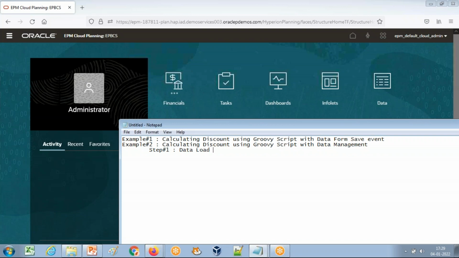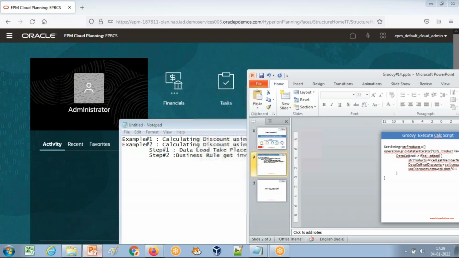Assume you're loading historical revenue, and then in the second step, the business rule gets invoked only for modified products. I don't want to run for all products, only the products which got modified. Okay, so let's see this in my next example.